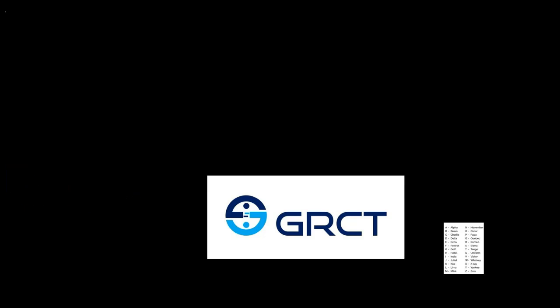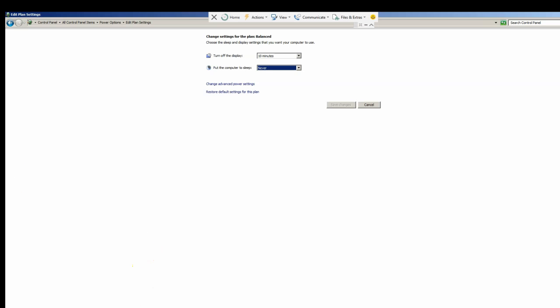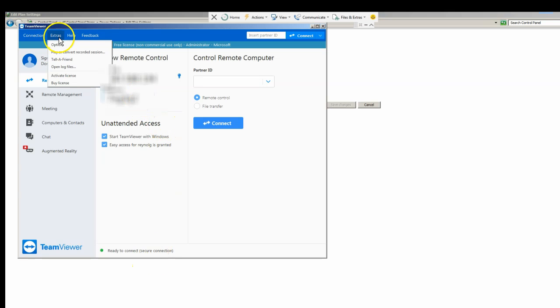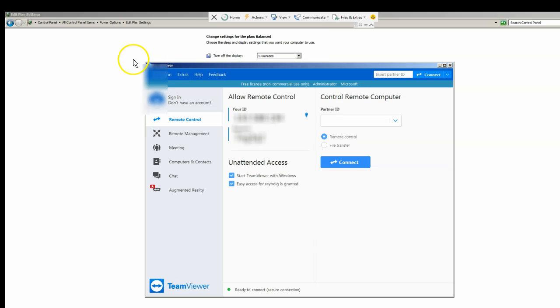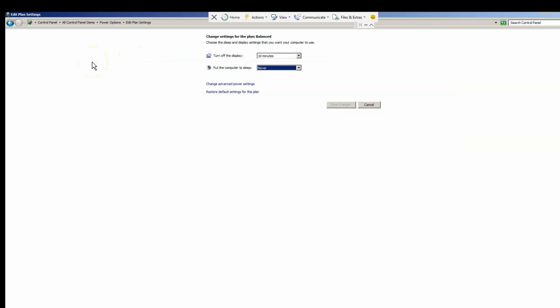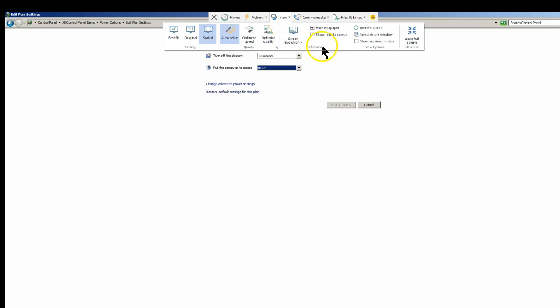We just want to ensure that for any device that we connect to, we have those two settings, that we have the options and security set, and we have the power settings to ensure that the device stays on for us. There are a few other settings then within TeamViewer that you might consider, but it's not critical, such as